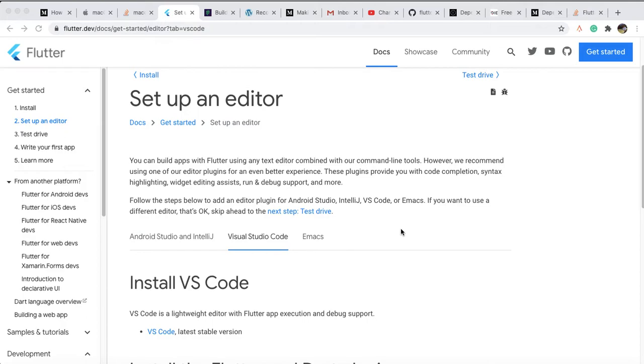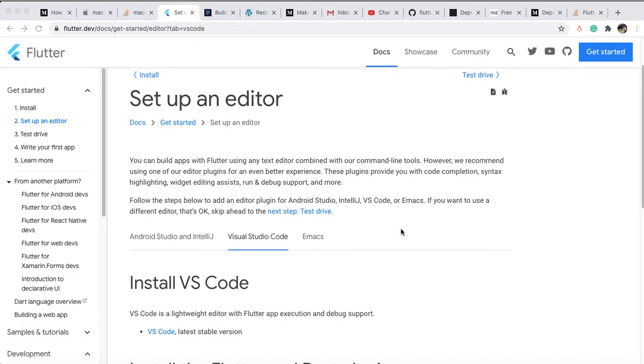But generally I prefer VS Code. Why? Because if I use Android Studio, I can connect only Android devices or Android emulator, right? But I'm learning Flutter for both the platforms.